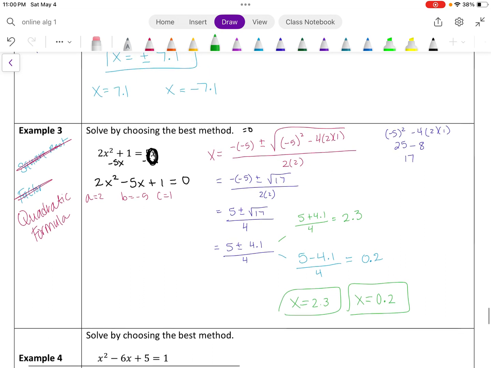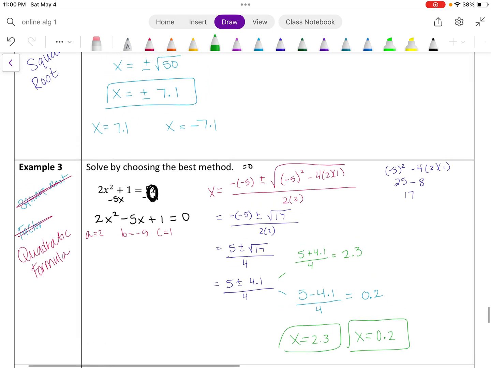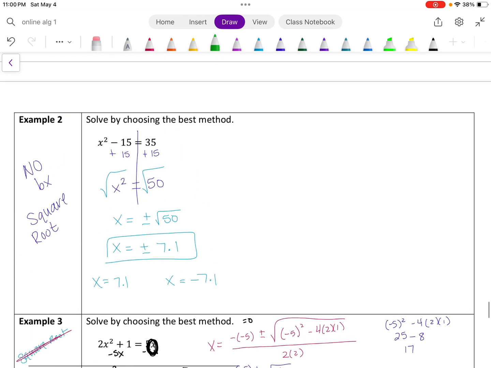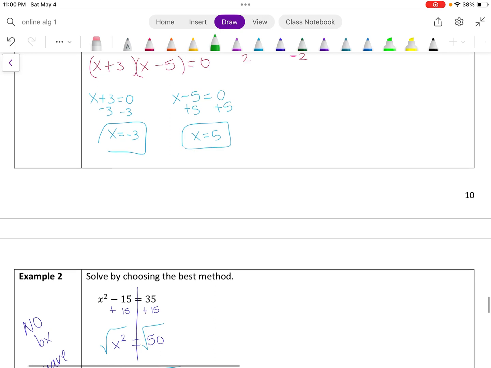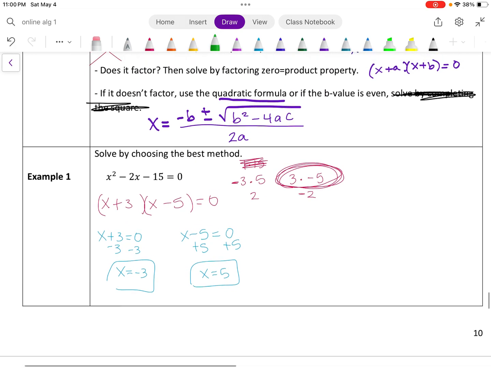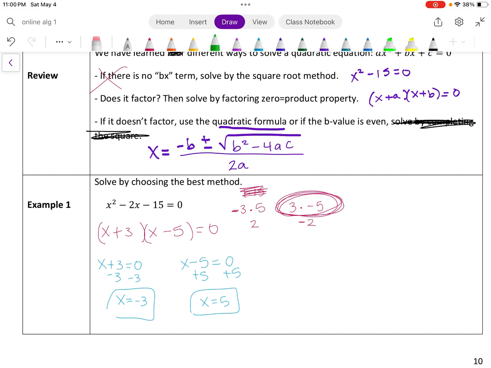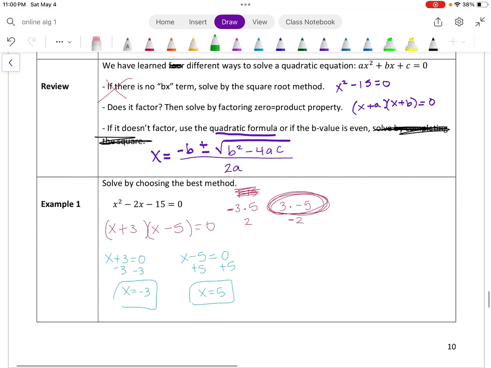Okay, so when we're choosing the best method, right, we have to think about all three methods and then decide which one of these is going to be the most efficient. Again, that quadratic formula always works, which is great, but it does take longer typically than the other methods. So it's not always the most